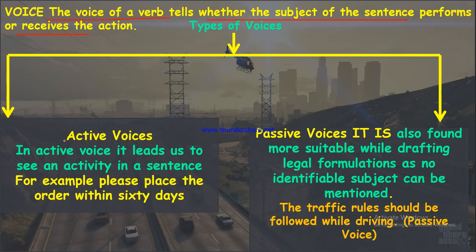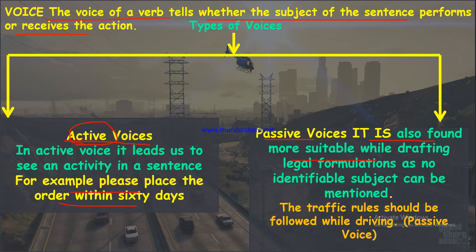the action. For example, in active voice, through the name active we get to know that there is some activity in a sentence. For example, "Please place the order within 60 days." Whenever we are expecting an activity to be done, it is known as active voice. And passive voice means